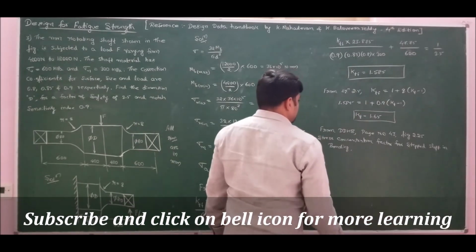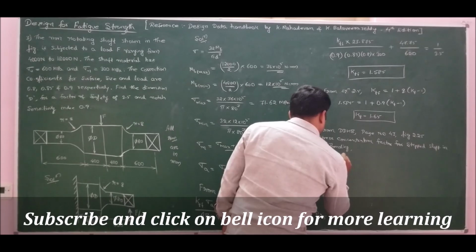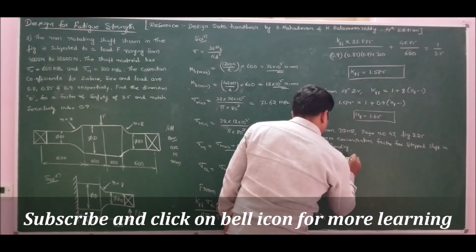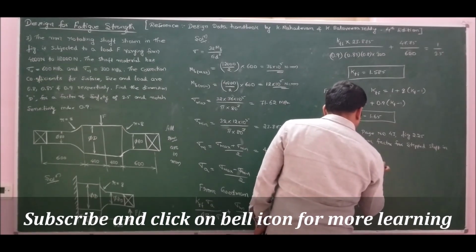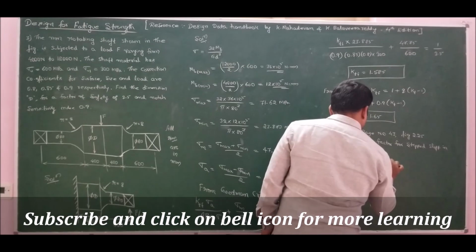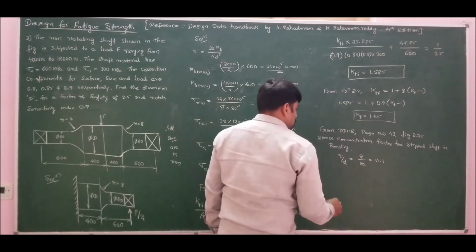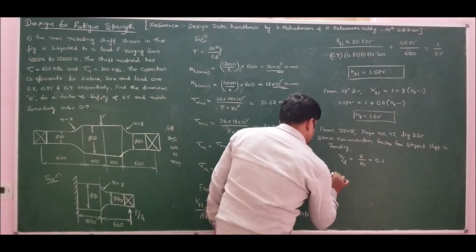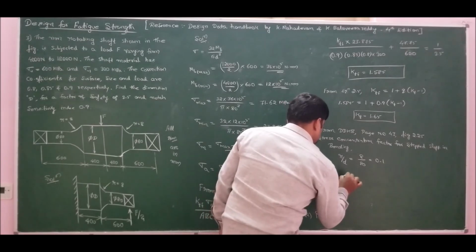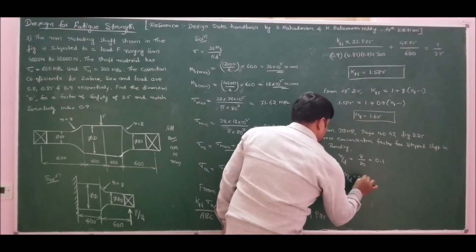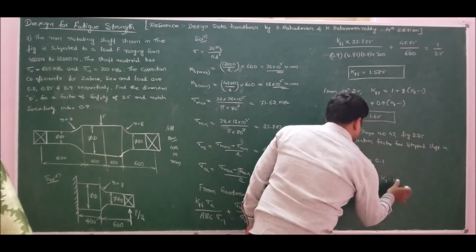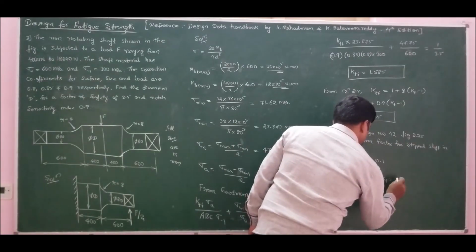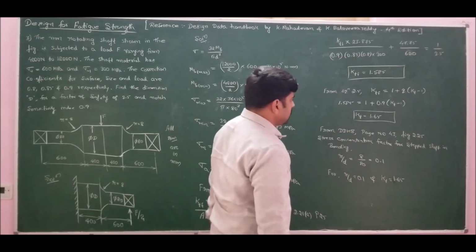We know the value of KT. Now I want the value of r by d and D by d. So r by d will be 8 by 80, which is equal to 0.1. So therefore, for r by d equal to 0.1 and KT equal to 1.65, if I refer to the diagram, I will get the value of